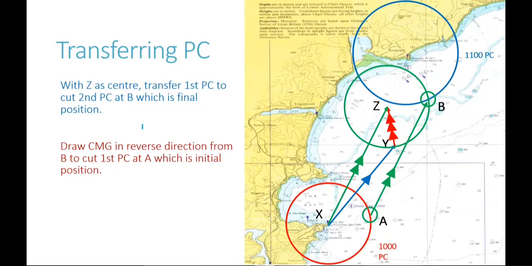Usually it doesn't come, because practically also, see, if the wind is coming from right ahead or right astern, it does not have much bearing on the course made good. The effect of the wind goes into reducing or increasing your speed in that case. So practically also this does not apply, and theoretically also in the question paper they usually don't give a question like that. But if you ever get such a question,